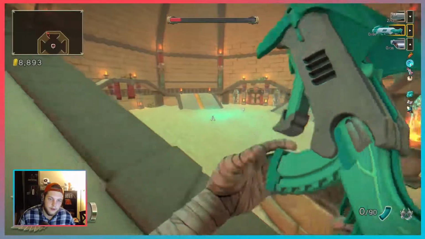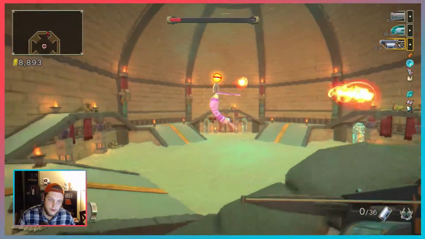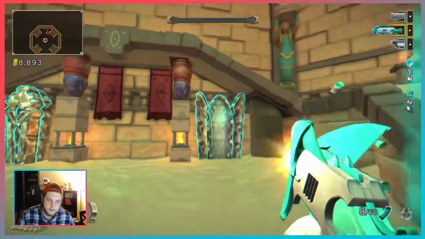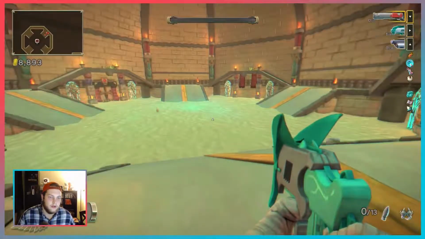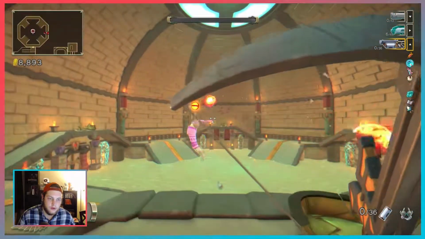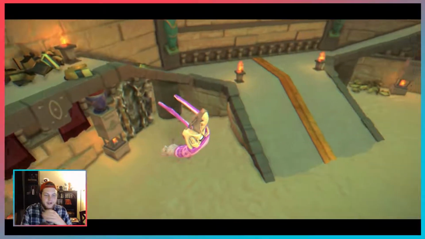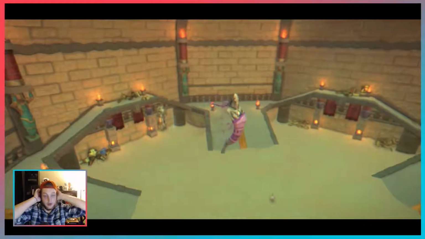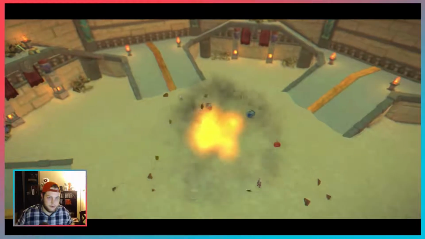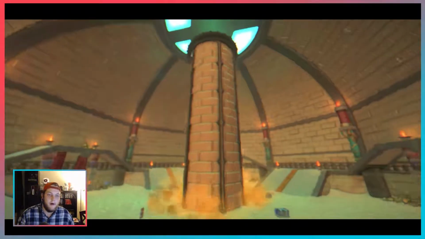Almost got him here. Damn. There you go, fucking sliver of health. There we go. Defeated the Pharaoh. Like I said, he's not too difficult. I was a little stupid there in some parts, but that's your midway point of